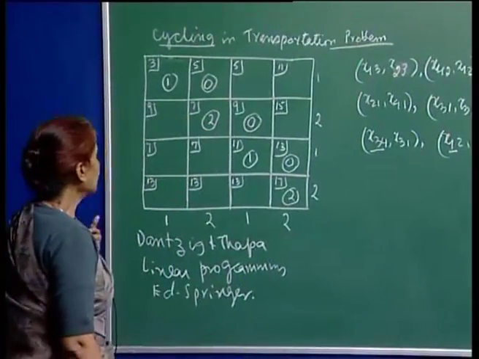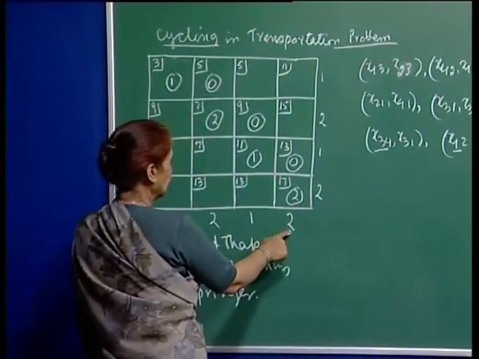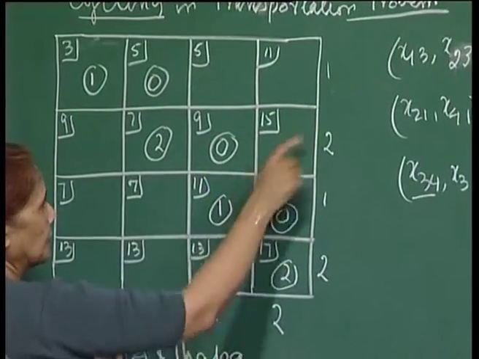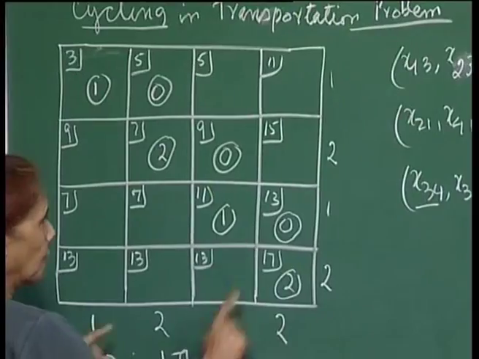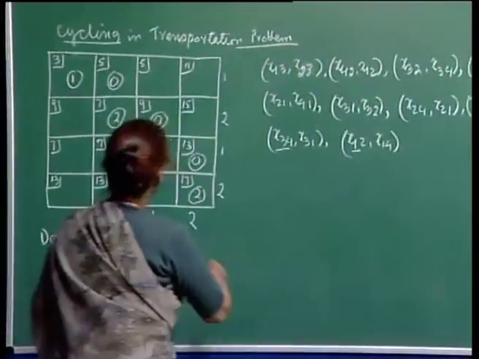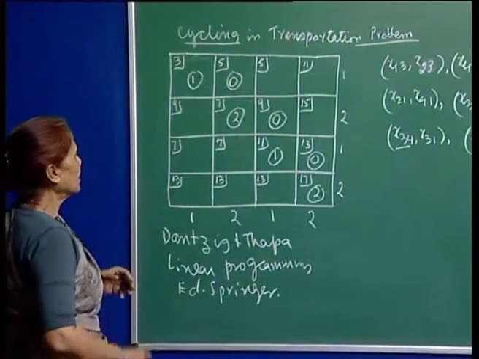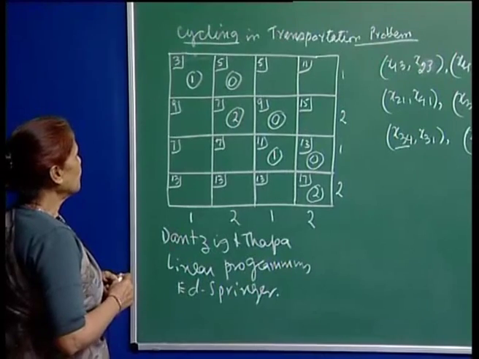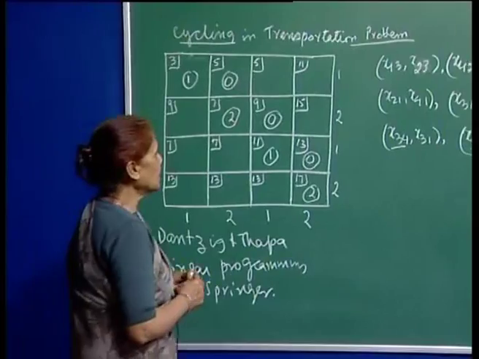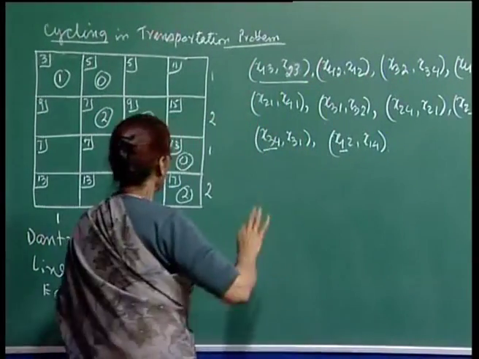Now what they say is that if you have these Si and dj, you see that the condition is satisfied: 1, 1, then 3, 3, then 4, 4. So at every step this condition is satisfied, and therefore you have 3 zeros in the basic cells, right. So 3 degenerate values, fine. This is a basic feasible solution, and starting with this, they said that if you just use the normal simplex algorithm,